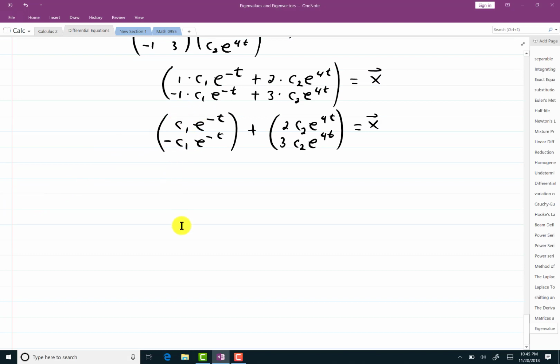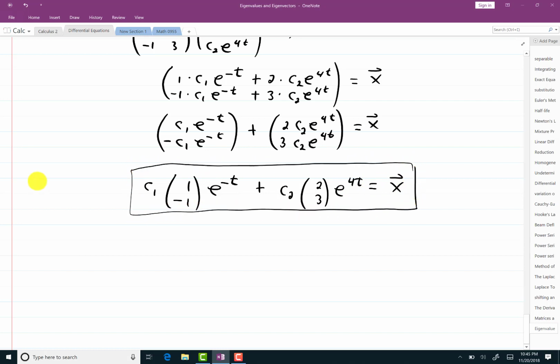I'm going to strip out the c1, and I'm going to strip out the e to the negative t. Same thing for the next one. I'm going to strip out the c2, and I'll get 2, 3 left over, e to the 4t. And these are my solutions